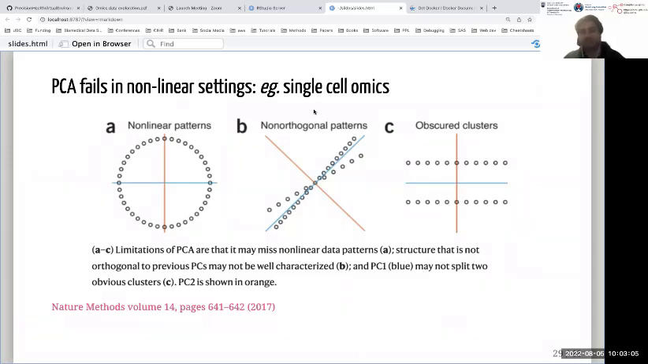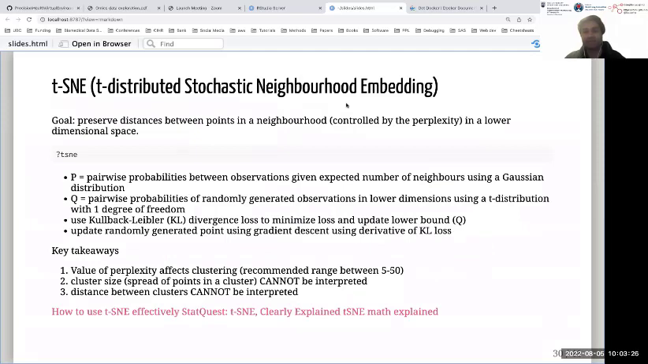That was also observed in single cell omics data, where PCA was shown to have poor ability to capture the variability in the data, and the following slides will explain why that is. But before that, let's look at t-SNE,